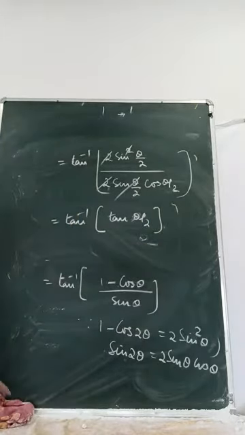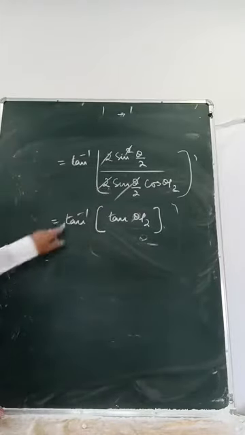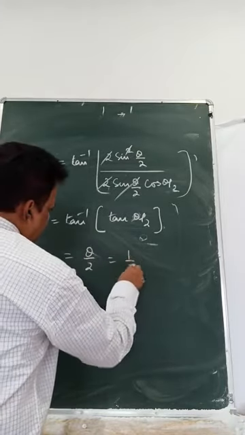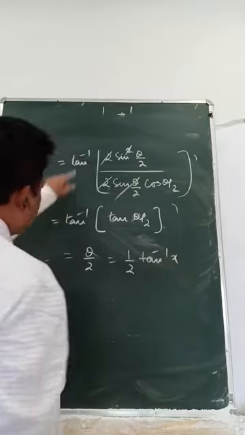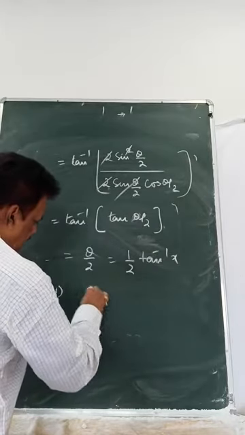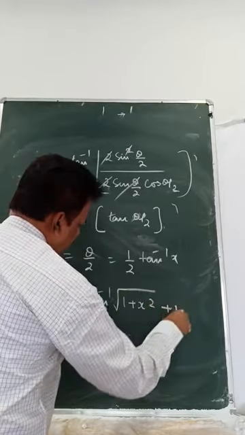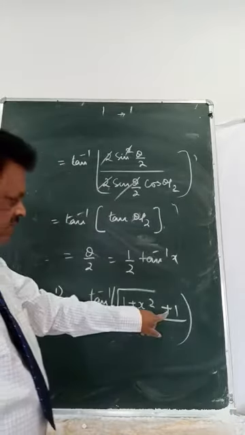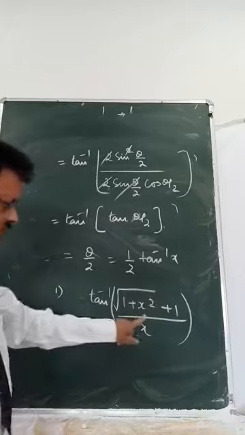Okay, now I have to simplify here. So tan inverse tan cancel, that is theta by 2, which is half theta. What you have got? I am giving one question like this, you try to solve. That is tan inverse of root 1 plus x square plus 1 divided by x. Exactly the same pattern, only in place of minus I get a plus. The formula is there, you try to compare. This you try to solve.